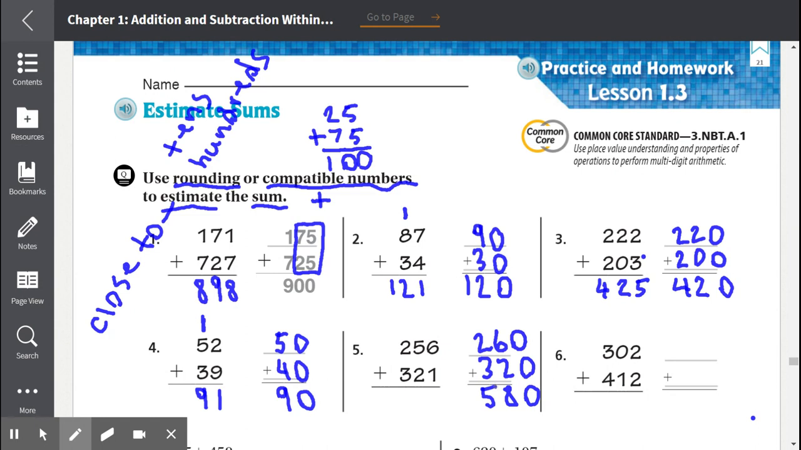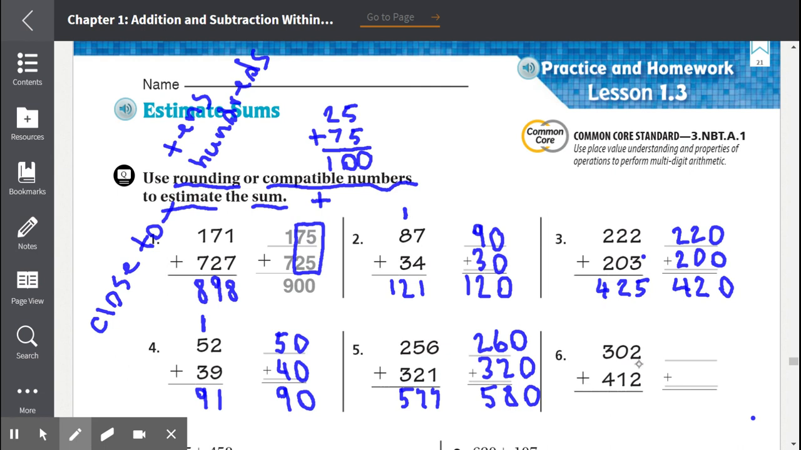We have 580. Now, if we would solve the problem to find the exact answer, it would be 6 plus 1 equals 7, 5 plus 2 equals 7, 2 plus 3 equals 5. 577 and 580. Very close. So our estimate was correct. Number 6,